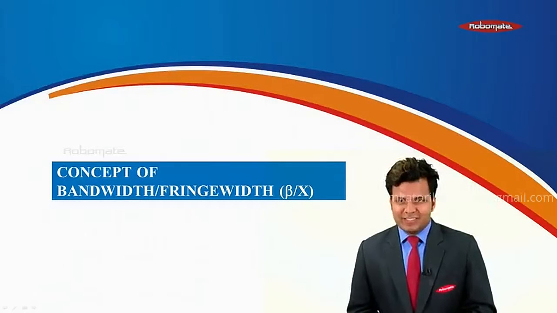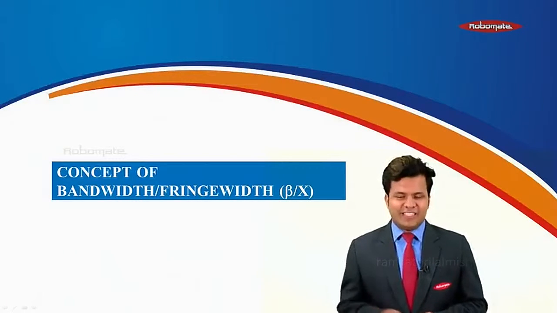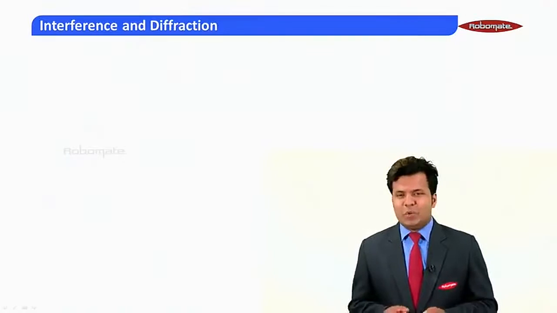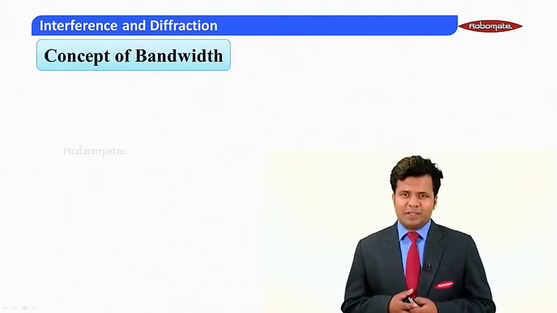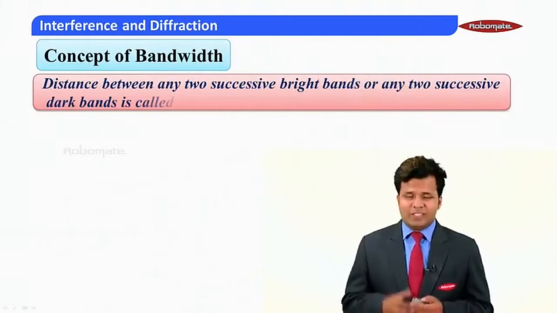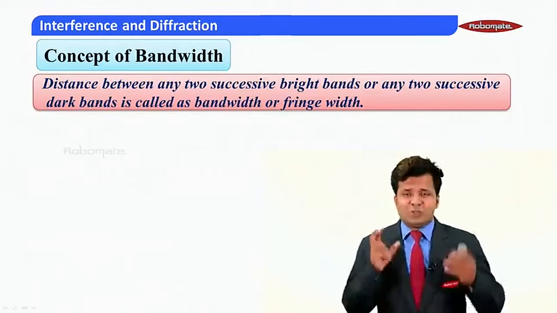Hello students, let us learn what the concept of bandwidth or fringe width is. Now students, we know the interference pattern consists of several bright bands and dark bands. Then what is bandwidth? Bandwidth is nothing but the distance between any two successive bright bands or any two successive dark